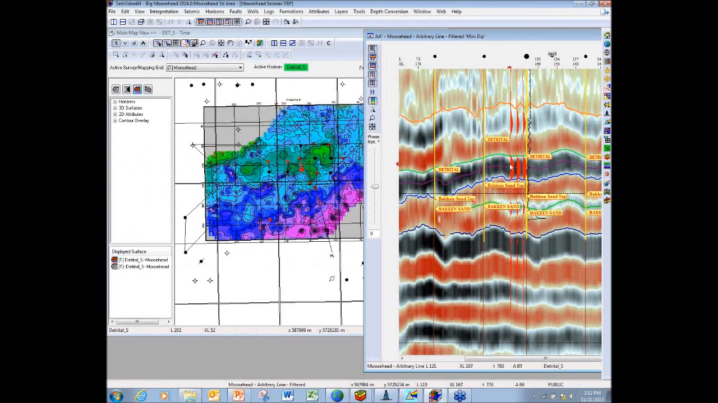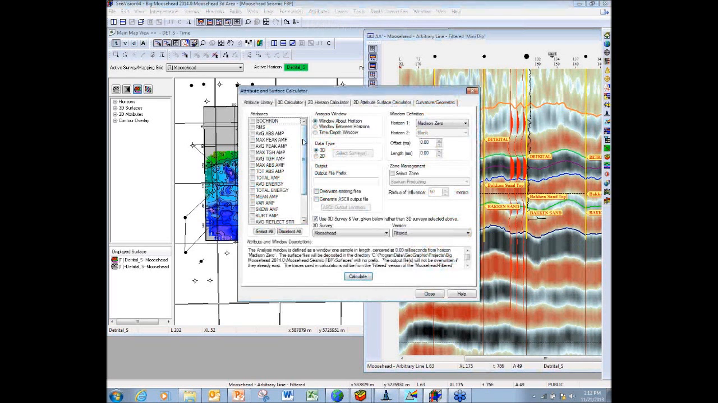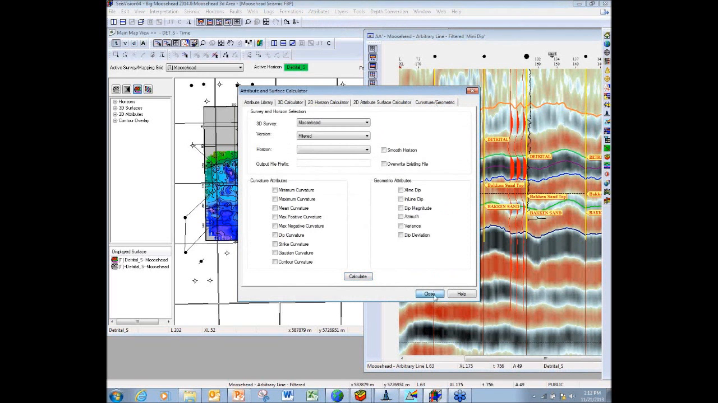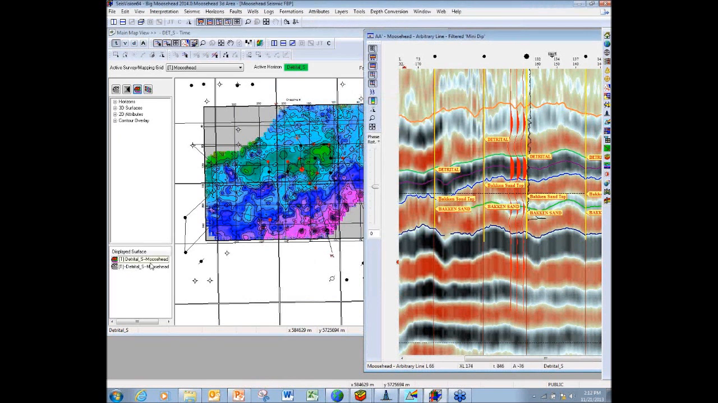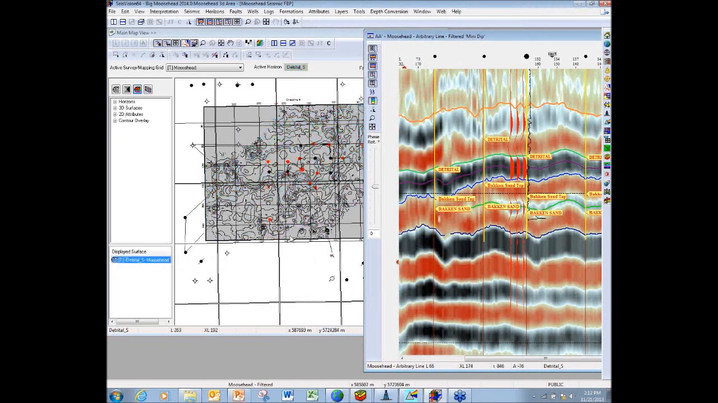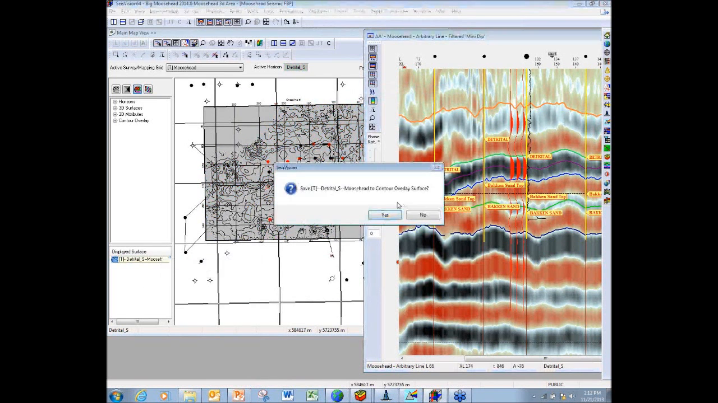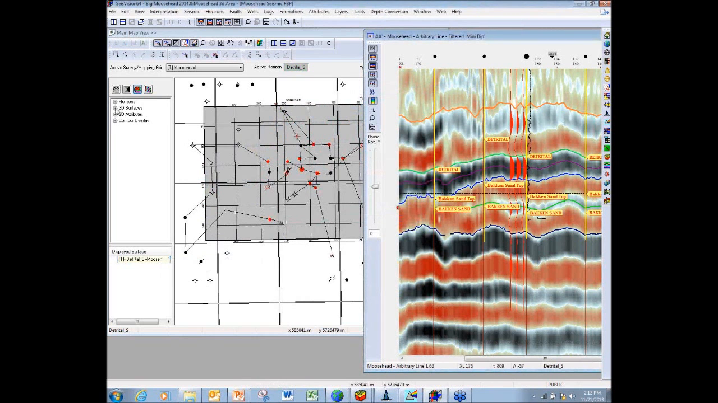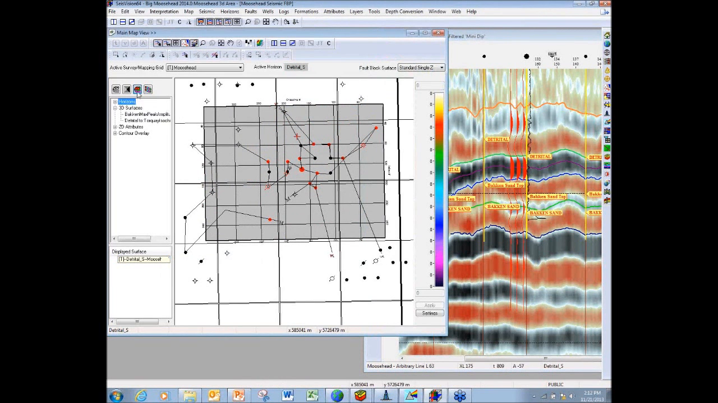Also notice that we have a thickening between this unit here and the detrital, and a tuning effect from the Bakken sand. We will extract those attributes using our attribute calculator, where we can extract 22 different phase, frequency, or amplitude attributes in addition to curvature attributes. I can take that surface and then take my peak amplitude